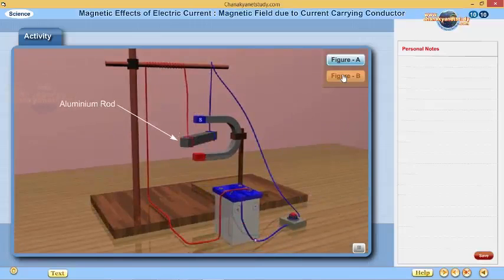This displacement is caused by the force acting on the current carrying rod. The magnet exerts a force on the rod directed towards the right, with the result that the rod gets deflected to the right. On reversing the current or interchanging the poles of the magnet, the direction of the rod's deflection will reverse. The above activity indicates that there is a relationship between the direction of the current, the field, and the motion of the conductor.